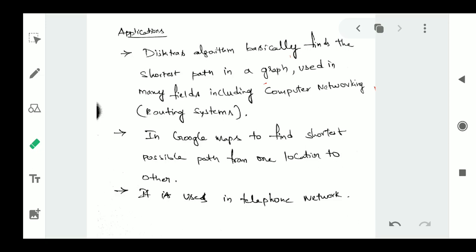So these are some of the applications, and this is how we find the shortest path in Dijkstra's algorithm. The main point you need to remember is that Dijkstra's algorithm is a shortest path algorithm, and it is the single source shortest path algorithm. The term single source shortest path algorithm means that we have to find the shortest paths from a particular vertex, which is called the source vertex. You consider one vertex as the source vertex and find the shortest paths from it. That is why it is called a single source shortest path algorithm. So this is what I would like to teach you.